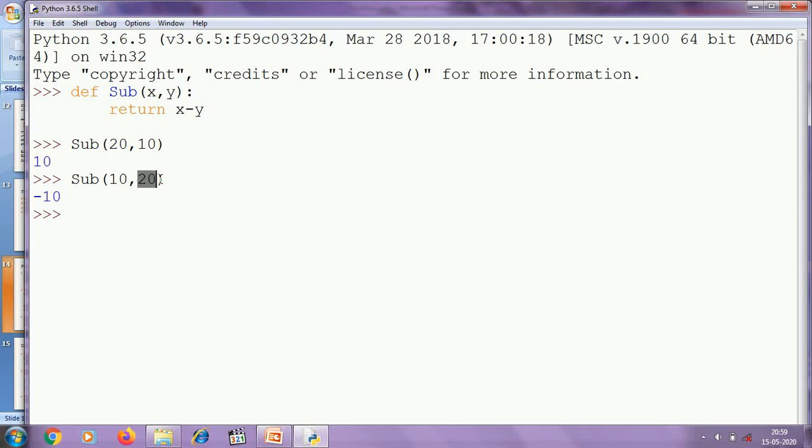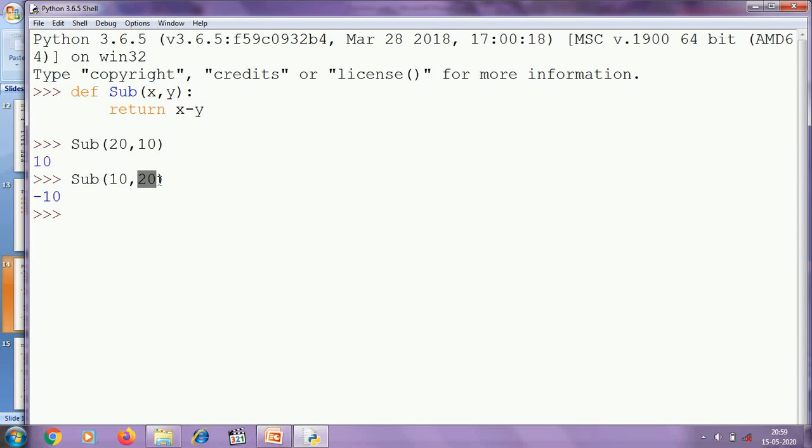So these are the perfect words to describe this. But for simplicity, you can think x is initialized with the value 10 and y is initialized with the value 20 because all of them are immutable values or immutable objects.